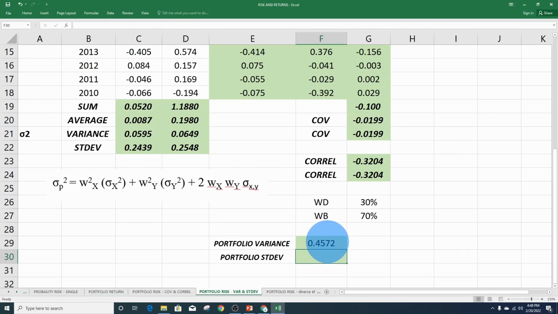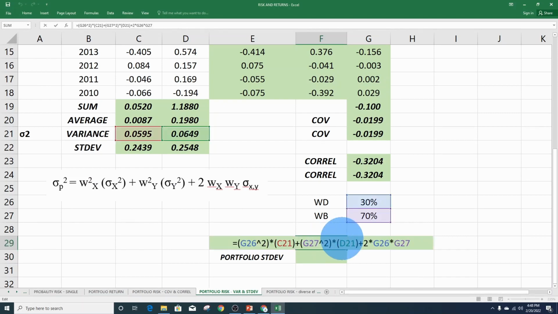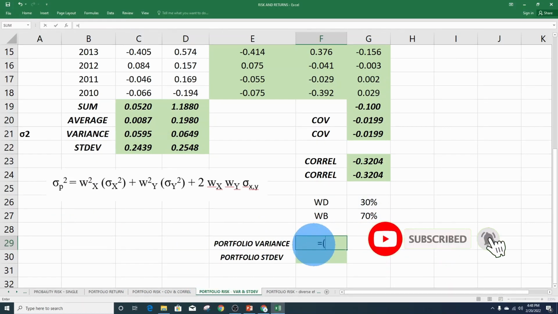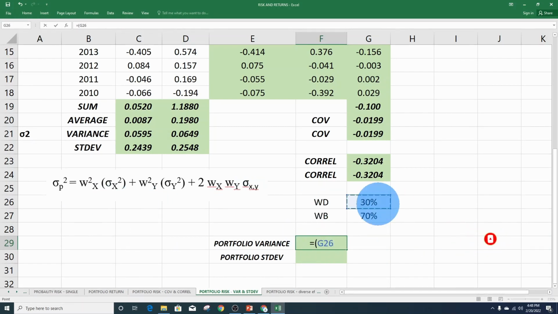0.4572. I think something is not right, so I think it's from here too. So let me start all over again. Delta equals our W raised to power 2, bracket close, times our variance, which is this, close, plus